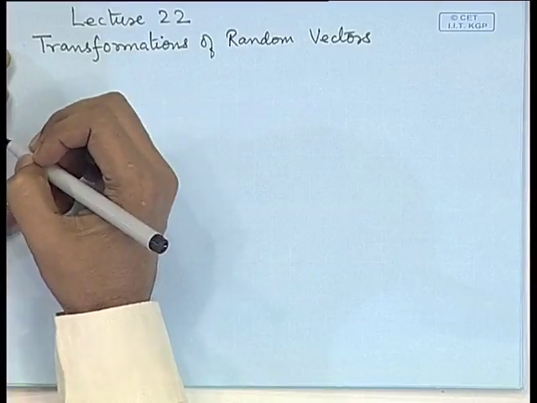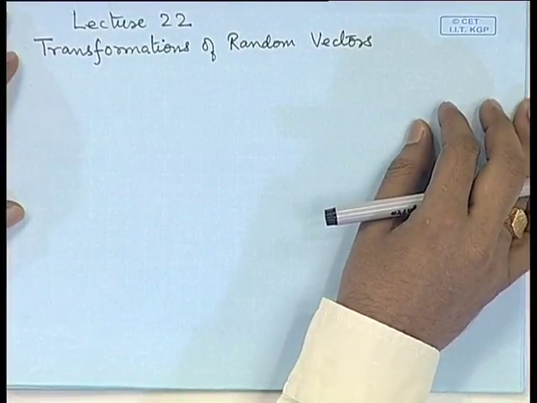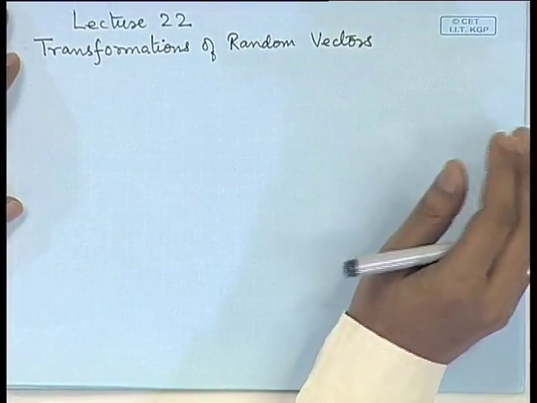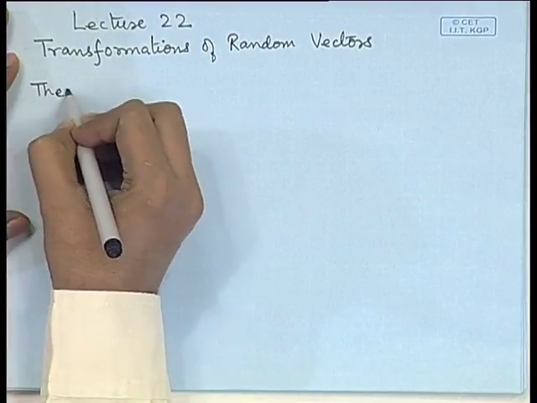We have seen the distributions of several random variables. Many times we are not interested in the original random variable itself, but a certain function of it. For example, sums of random variables, or differences, or any linear function of those random variables. So, in general, if I have a measurable function of a random vector X1, X2, ..., Xn, then it will also be a random variable. So, we state it in the form of the following theorem: